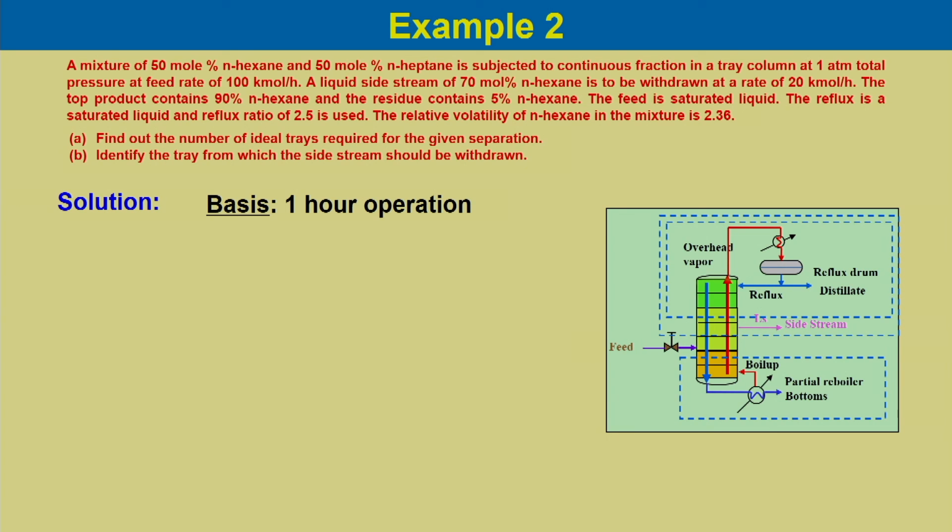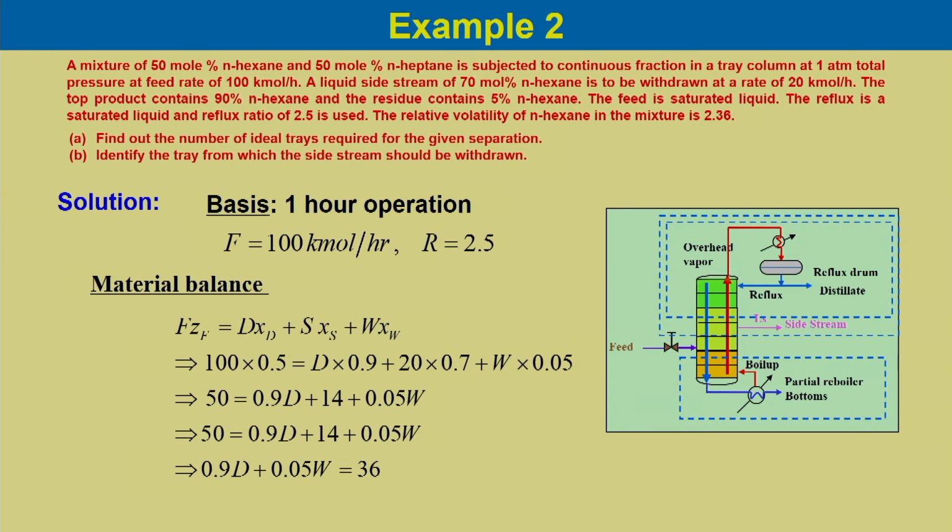So, basis is 1 hour operation, and we have feed flow rate of 100 kilomole per hour, the reflux ratio is 2.5. Now, if we do the species mole balance, it would be F ZF equal to D xD plus S xS plus W xW. The feed contains 50 mole percent n-hexane, so it is 0.5 into 100, and D into 0.9,